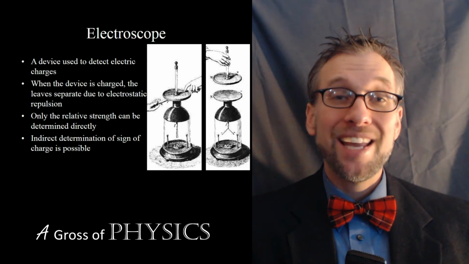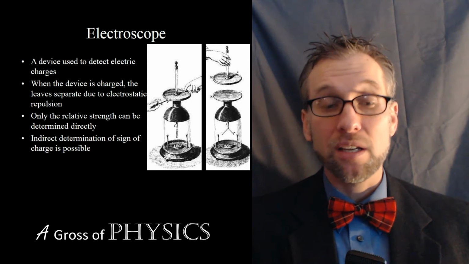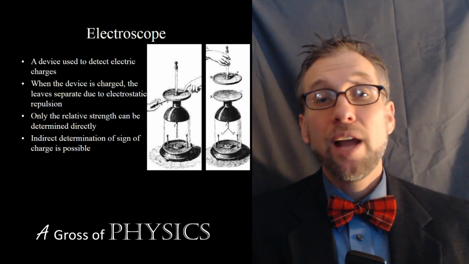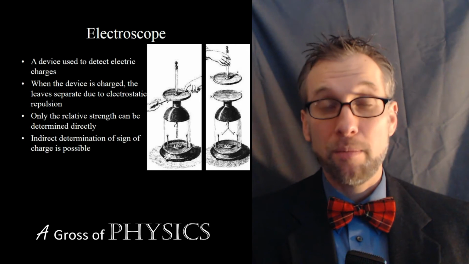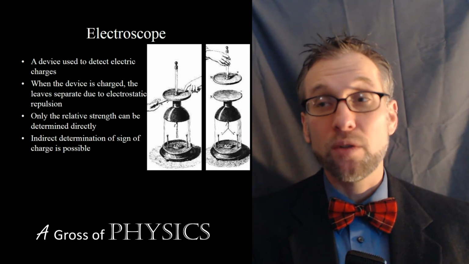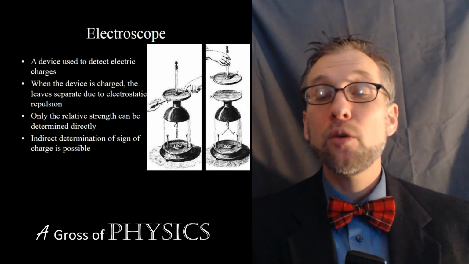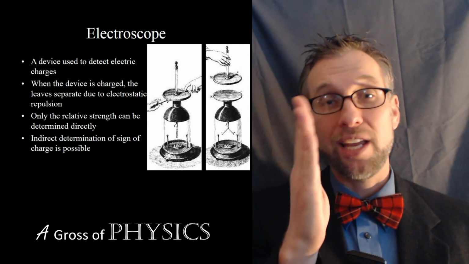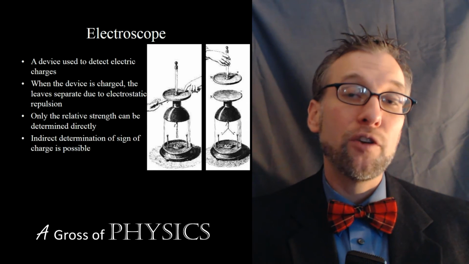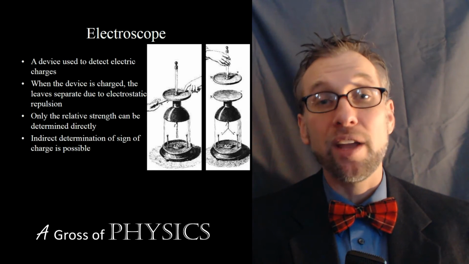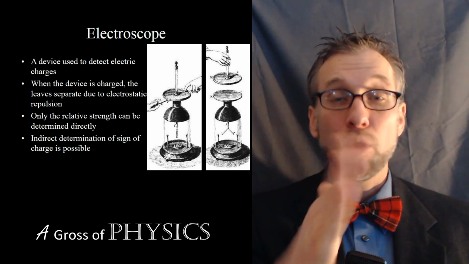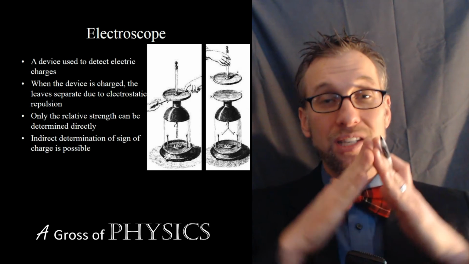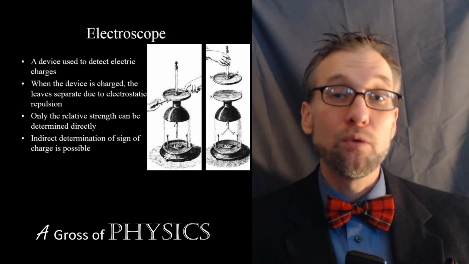So what happens is, inside of a metal conductor, just like we discussed with Tesla, the electric field is 0. So you have no external forces affecting it. Now, one of the electroscopes has 2 metal pieces of foil at the bottom, and if they are charged, they will separate. So if there's a net charge, the foils will separate. Another one has an arm that will rotate depending upon the charge. So the 2 different electroscopes will detect charge by moving from their rest position. If it's the one with the metallic arm, it will rotate. If it's the one with the leaves, it will separate at the bottom of the leaves because of the repulsion